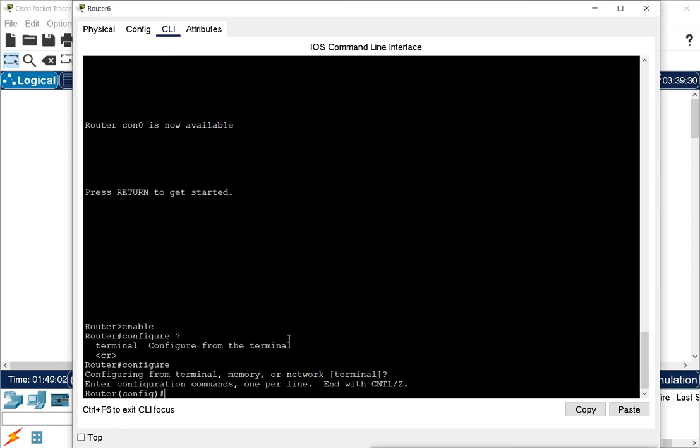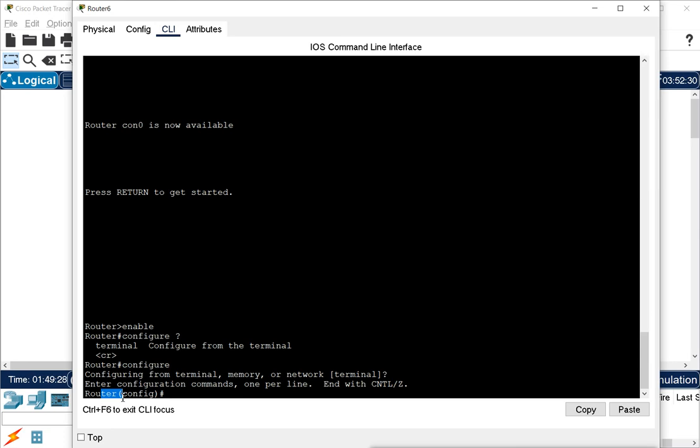So these are the basic modes we have. Sub modes you will see when we do related configurations, like interface mode, line modes, and router modes, and there are other modes also. Those modes you will see based on the configuration you do, but these are the basic modes: the user mode, then the privilege mode, and then the global configuration mode.